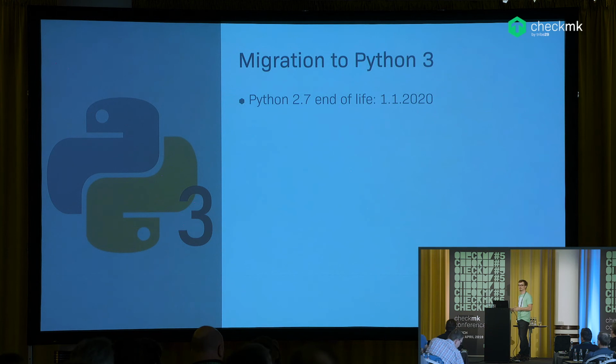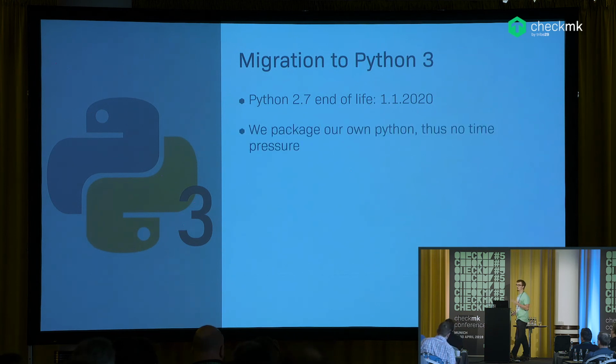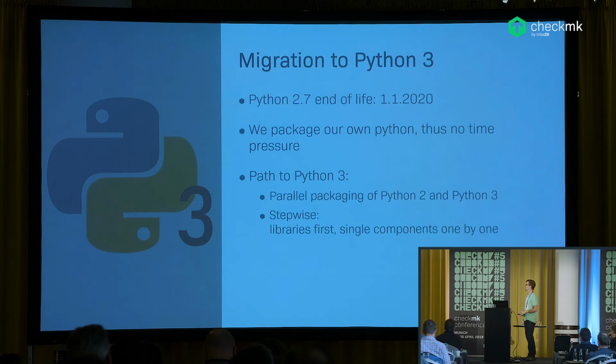We didn't really feel the heat in that regard, mainly because Checkmk does come with its own Python, its own modules, and also there are many enterprise distributions going around with Python 2, and they will be around for a long time in the future. So the moment that Python as a project ends and doesn't get support anymore, it doesn't mean that all the security floodgates are open and everything gets horrible. No, it will still function. It doesn't mean that we'll stay with Python 2 forever, but we will make sure that